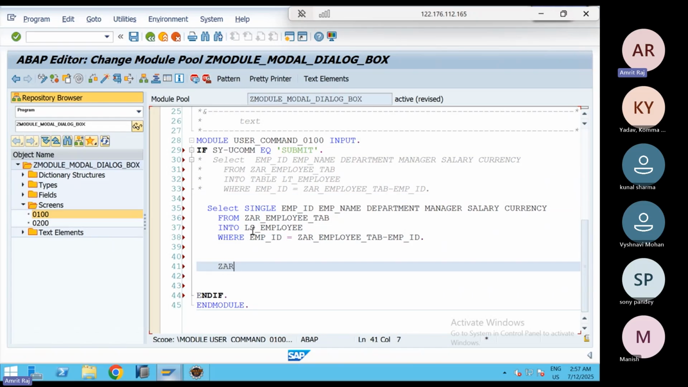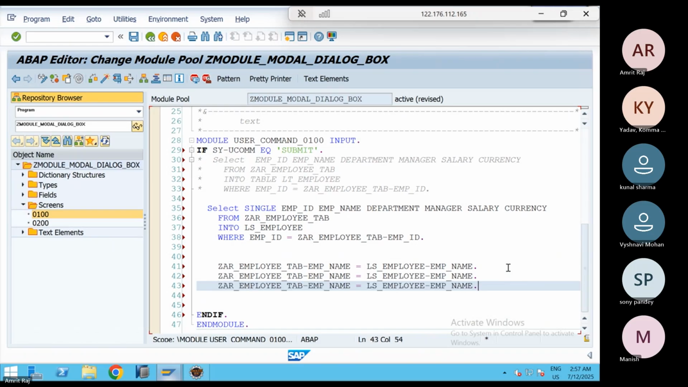So output is my employee name, employee name equal to ls employee name. We will do the mapping for each and every column. So here it will become department, manager,